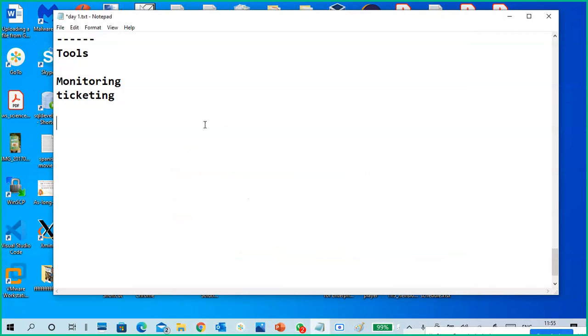So we'll see different monitoring tools. First of all, when you go to monitoring, what are you monitoring? That is important.